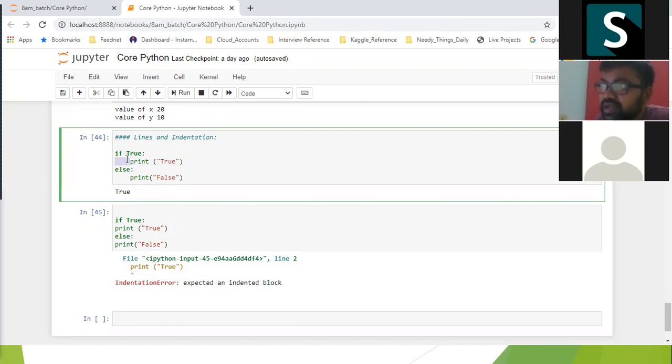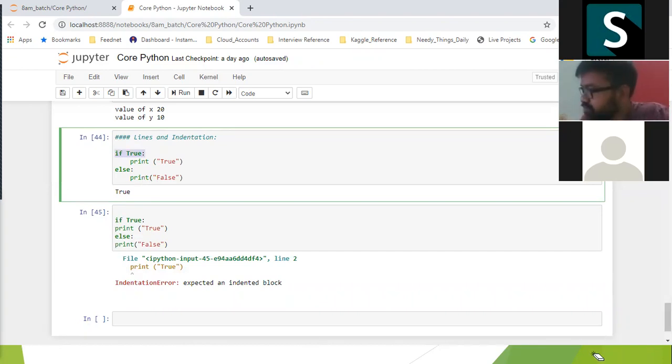That means we are starting a new block for the if condition. Whatever instructions we write under it, if the condition is true, it will perform this block. If it goes wrong, then it will perform the below block. This is the importance of indentation space, and we'll discuss more on it.